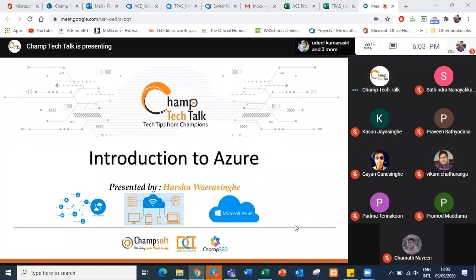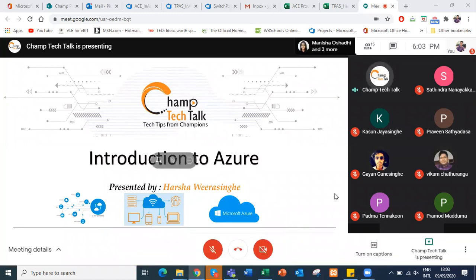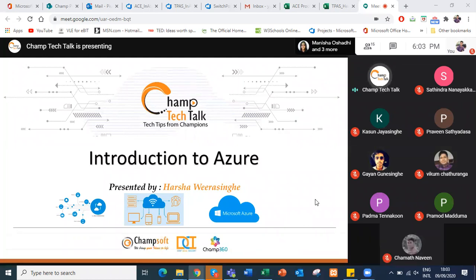Today, we'll look at the Azure solution and how it is going to solve the problems which are currently faced by day-to-day business applications. So cloud computing is